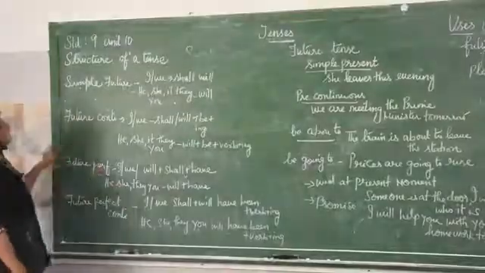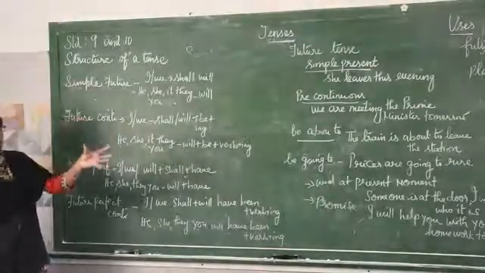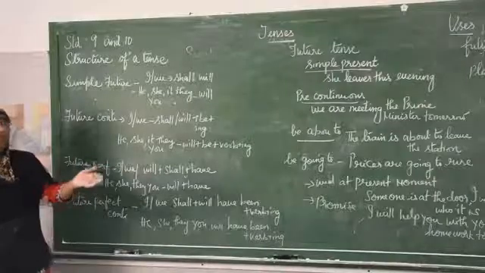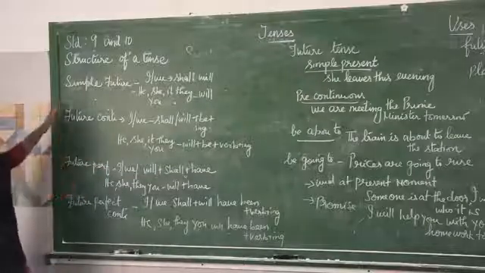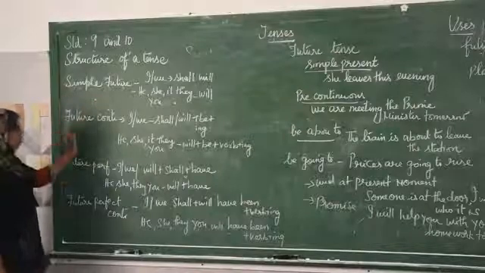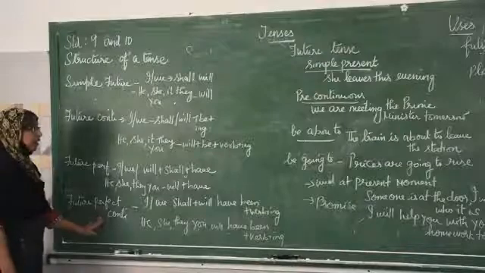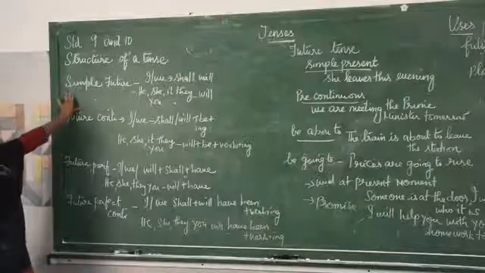Okay boys, now next we will see about the future tense. What is the meaning of future tense? It refers to an action which is going to take place in future. Clear? Now, if you take future tense, again it is divided into four: simple future, future continuous, future perfect tense, future perfect continuous tense. Clear? How to form simple future?